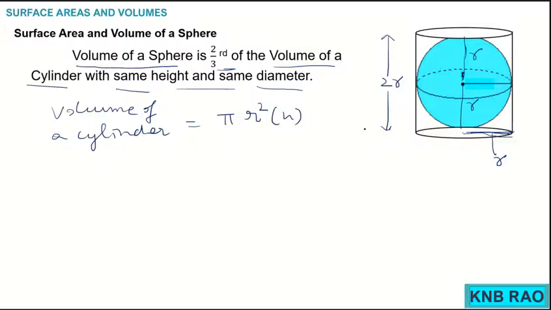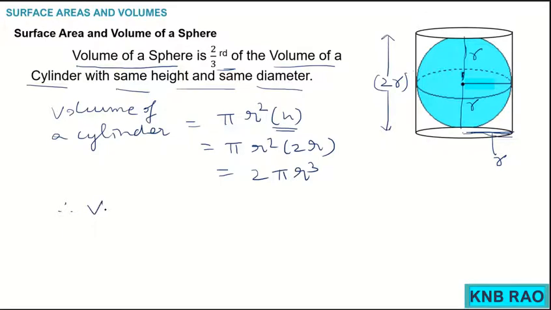In this cylinder the height is 2r, so I have to substitute 2r instead of h. Now if I substitute, pi r square into 2r becomes 2 times pi r cube for this cylinder, whereas the volume of the sphere,